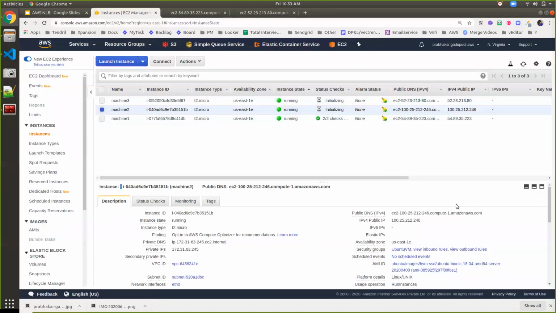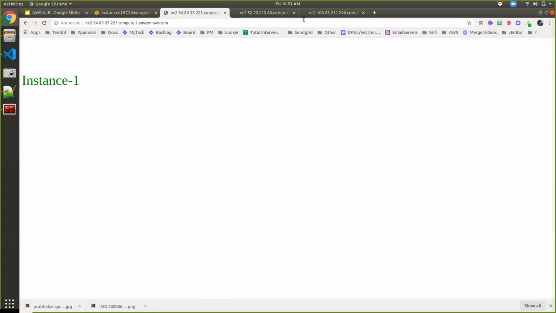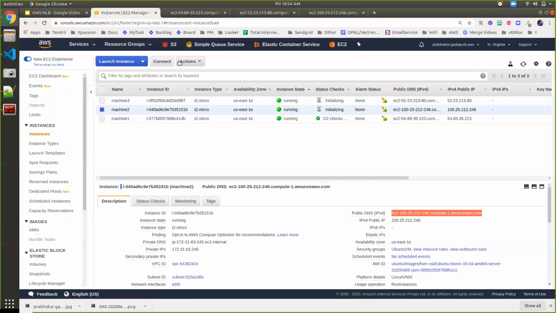Similarly, I can check machine 2. So I have machine 1, machine 2 and machine 3.